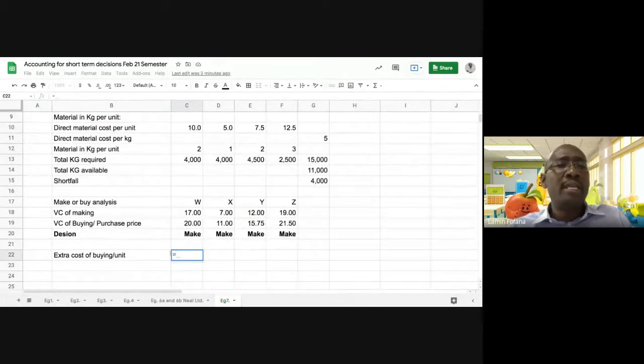We all agree that the extra cost of buying will be the difference between the buying price and the making price, isn't it? Okay, we know that it is expensive to buy in all cases. It's expensive to buy. So we want to find out the extra cost of buying. Okay, so equals